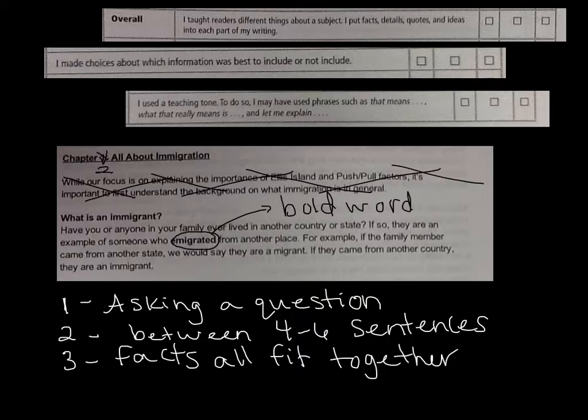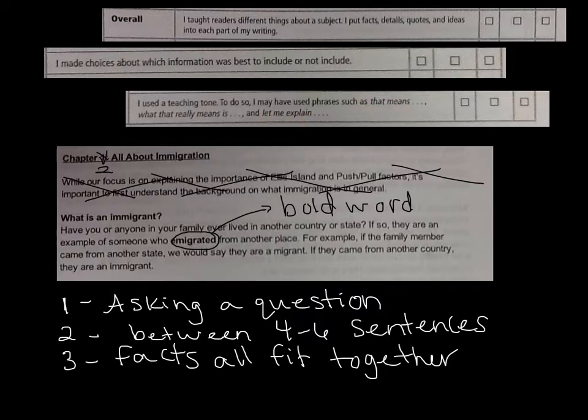Out of these 3 things up top, my overall, what to include or not to include, and a teaching tone, which of these do I not have at this point? If you said that I was missing the teaching tone, you are correct. I did use some transitions. I said, for example, if so, if they came from another country, they are an immigrant. But I didn't use one of these 3 things to